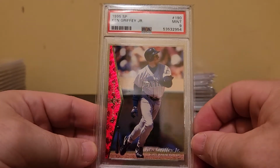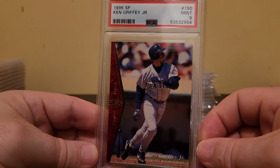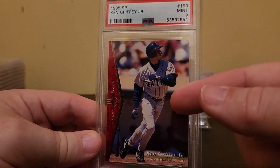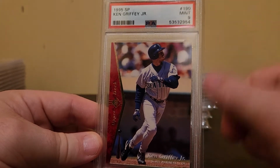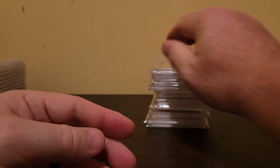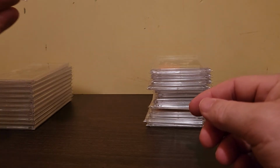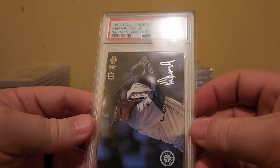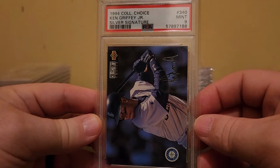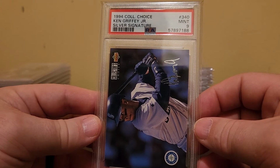I mentioned the Master Set, but then there's the Ken Griffey Jr. base card registry, on which the 1995 SP Ken Griffey Jr. would appear, PSA 9. In doing so, it provides maybe smaller bite-sized goals. I want to fill that base set, for instance, which is only several hundred strong instead of 5,000 plus strong